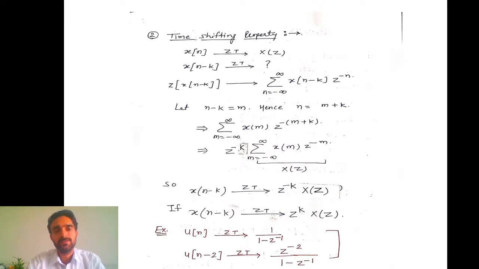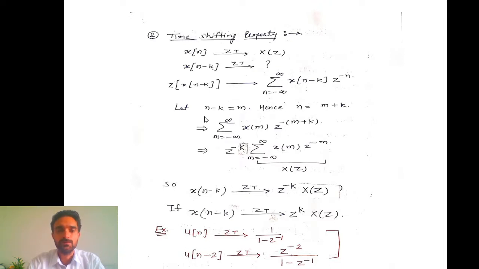So if the Z transform of the basic signal x(n) is X(z), then for x(n minus k), the signal shifted by k points, what should be the Z transform of this shifted signal? So now we are calculating the shifted signal's Z transform. The sum of x(n minus k) z to the power minus n, from minus infinity to infinity. This is the bilateral Z transform because the range from minus infinity to 0 and from 0 to plus infinity are both included. The total range is minus infinity to infinity.